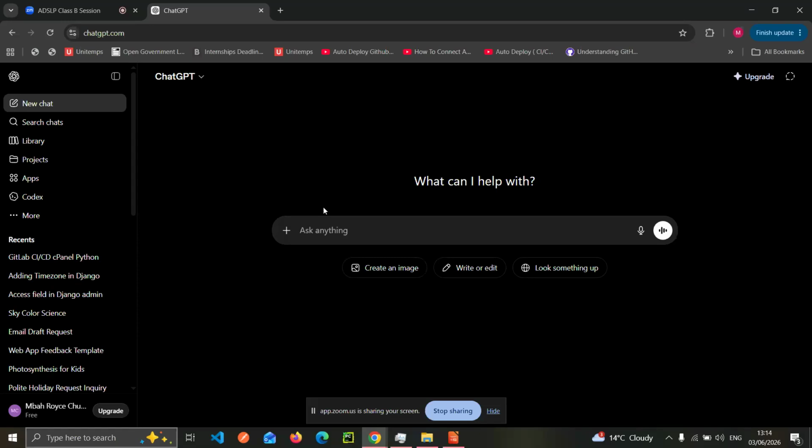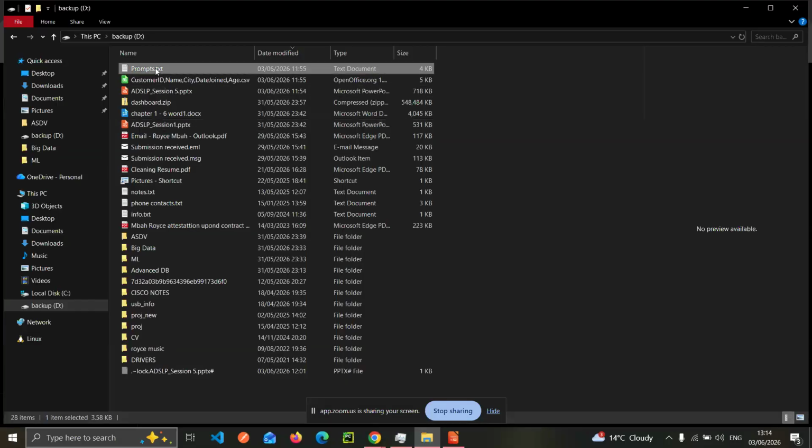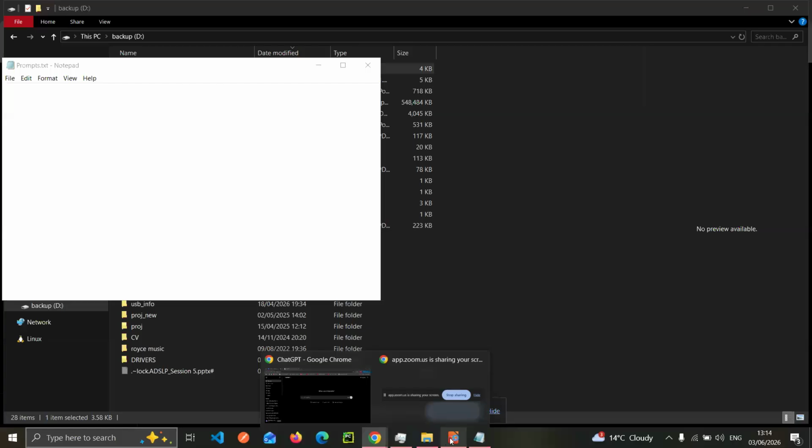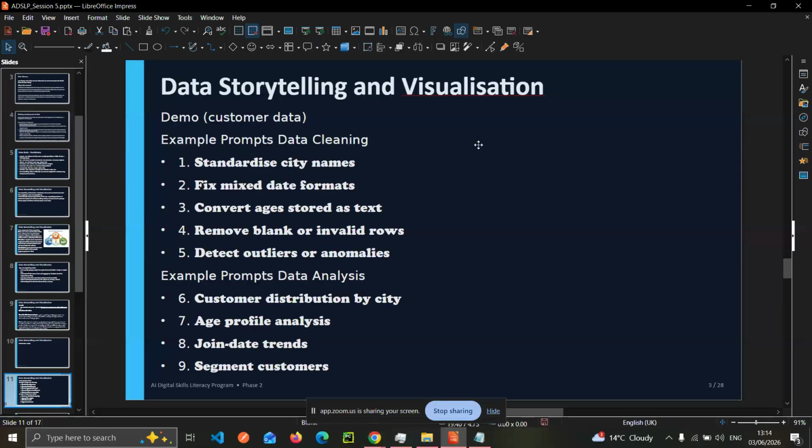I shared the data set with everyone in the WhatsApp group, and I also shared the possible prompts which we could use for that. Before we dive into that, the first thing is the demo, which is the customer data, which I've shared in the group. The first thing is example prompts for data cleaning.